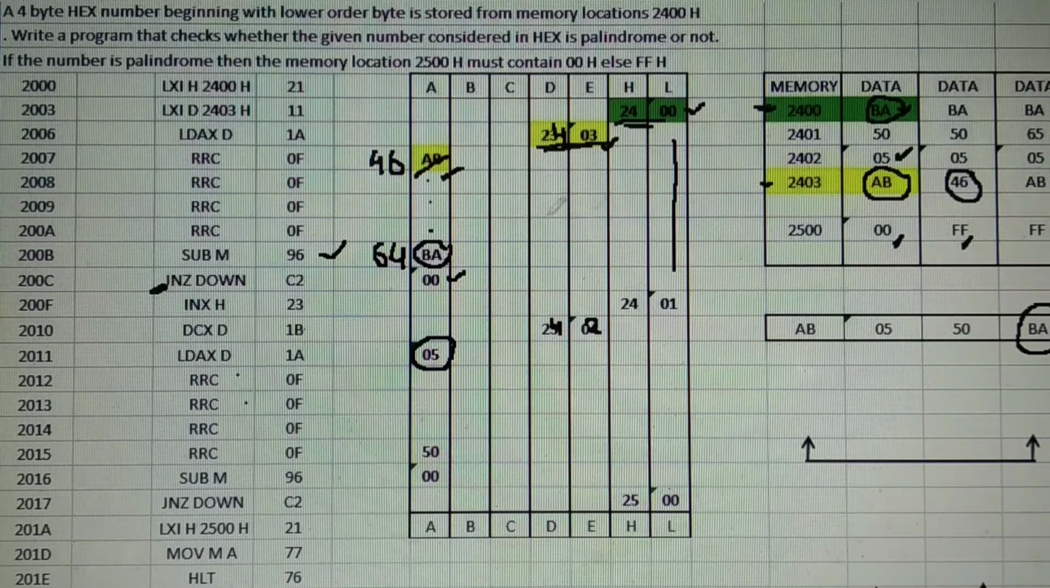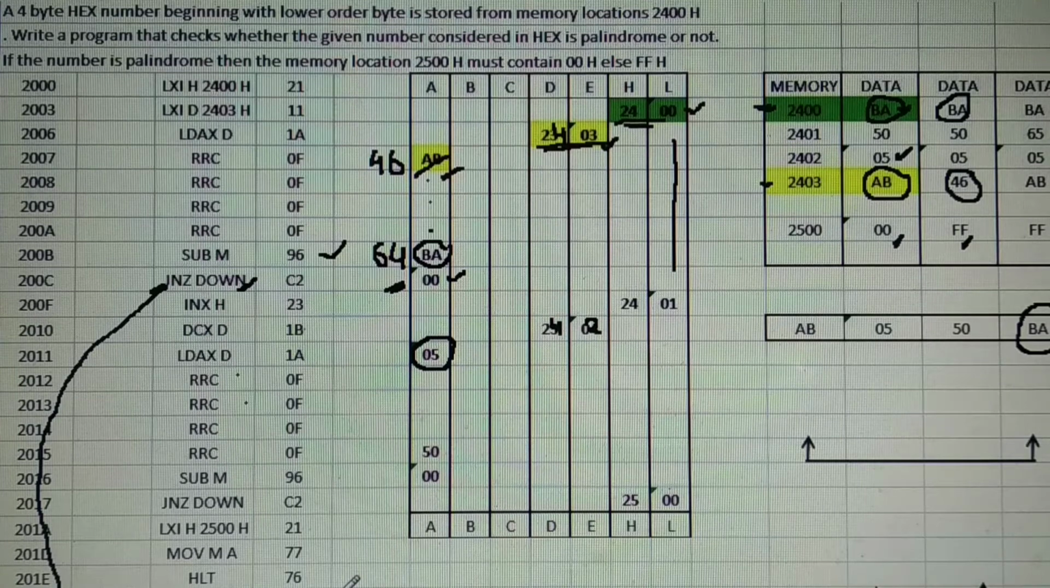Subtract contents of memory, that is BA. Answer is not equal to 0. Here you are getting answer other than 0. When answer is not equal to 0, take the jump at label down and whatever instruction is there, execute that